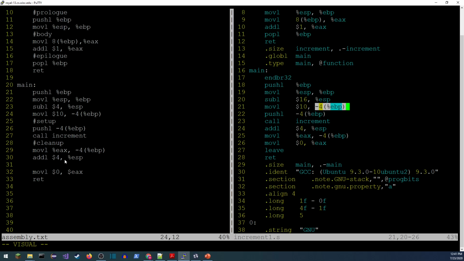Looks like they did this in the reverse order. Yep, so they cleared the stack first and then took care of the return value. I did it backwards. And then we put 0 into EAX, getting ready to return, and then returned. And I left out the leave. I forgot to clean up my memory when I was all done with this. All right, one little oversight there.